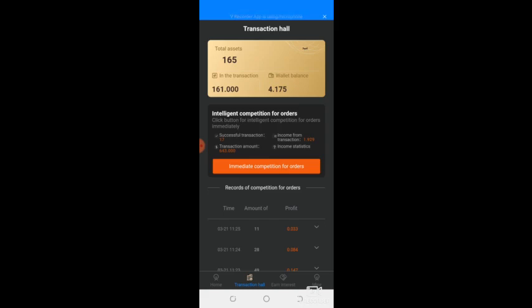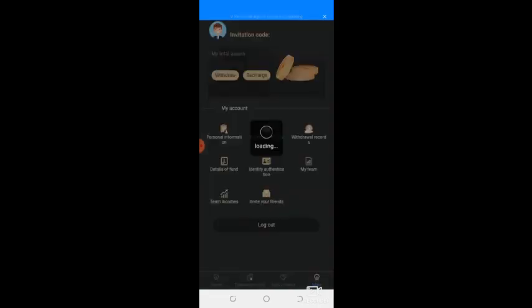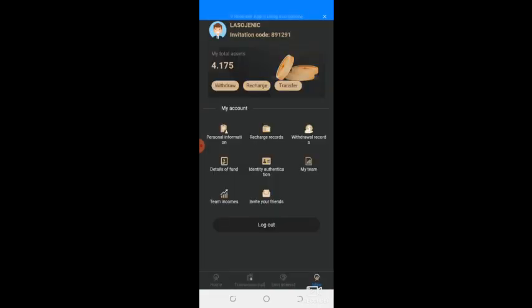All right. So now the next thing is how to withdraw. For you to withdraw, you click on mine here. You click on mine, then you need to set your wallet address, to input your wallet address for withdrawal.